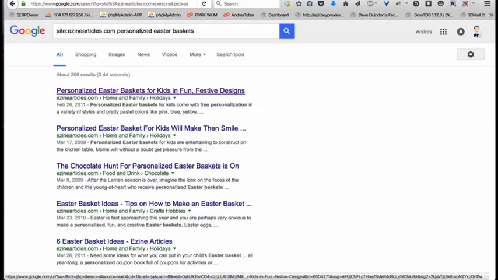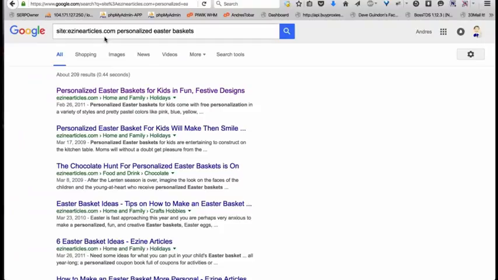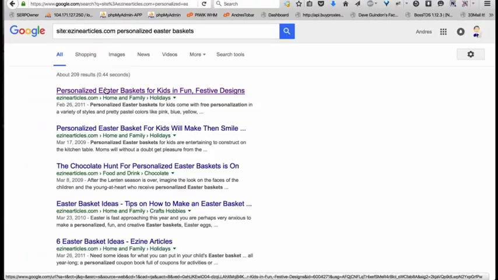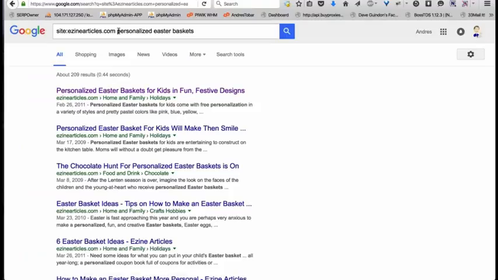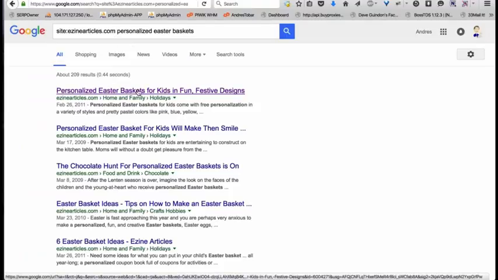And the reason why I like going through Google, and I know I've said this a ton of times, but every time that I say it, I get a person that never heard it before, so might as well repeat it now. I like going straight through Google to do the site search for Easy Articles, because it's basically Google telling me this is a very good article for that specific keyword. It's already optimized for that. Google recognizes that it's optimized for that keyword. So it just gives me a very good base to start with.